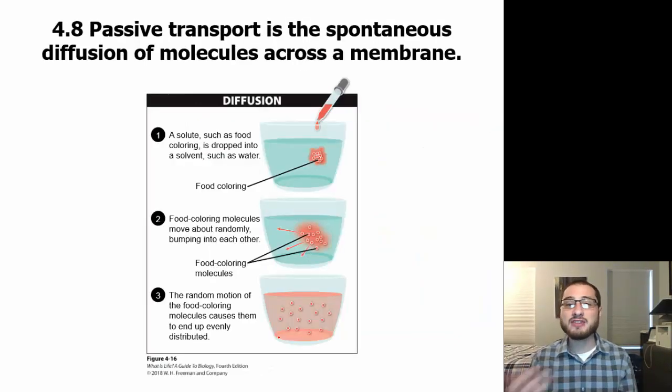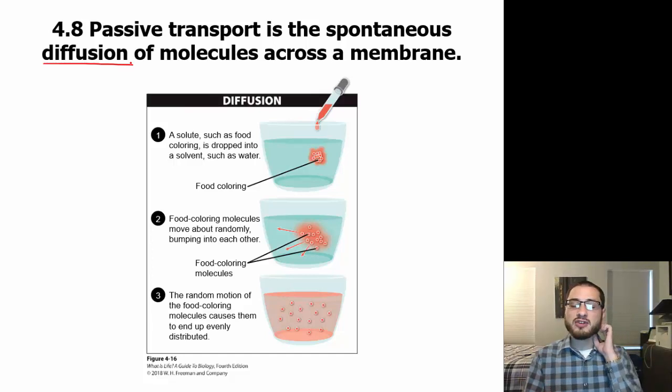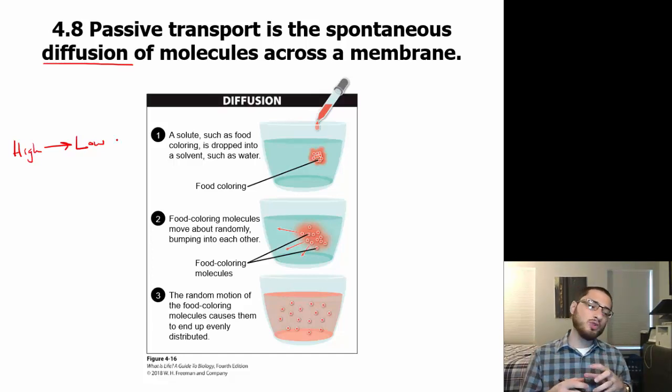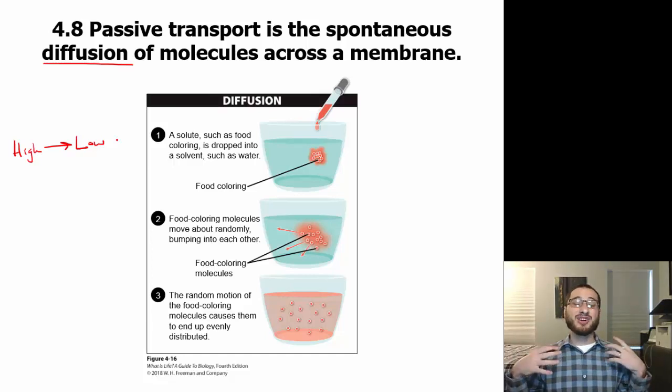So passive transport is what we usually talk about, where it's spontaneous diffusion. This word diffusion means free flow of molecules moving from an area of high concentration to an area of low concentration. So I always explain it like if you are at a party and there's 2 rooms to the party, and if you're in one room and it starts getting packed in there, well, what are you going to want to do? You're going to gravitate to the room with less people in it,